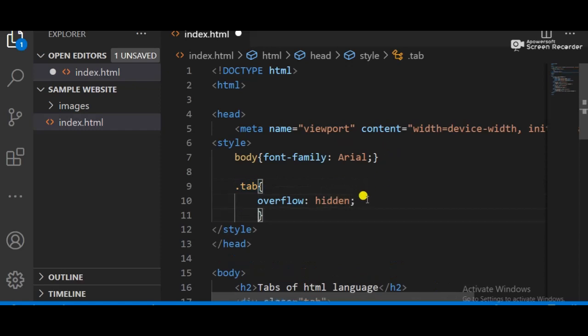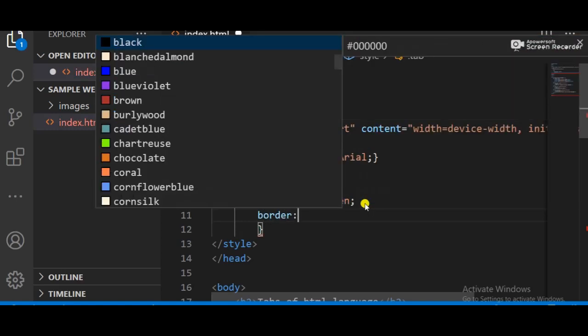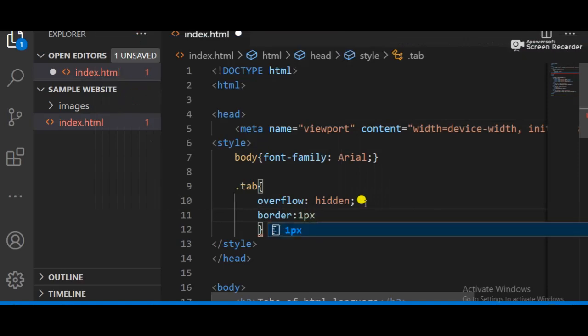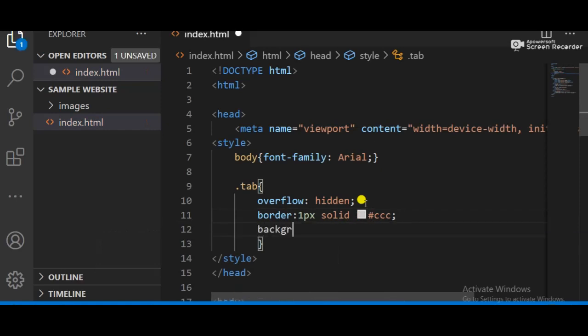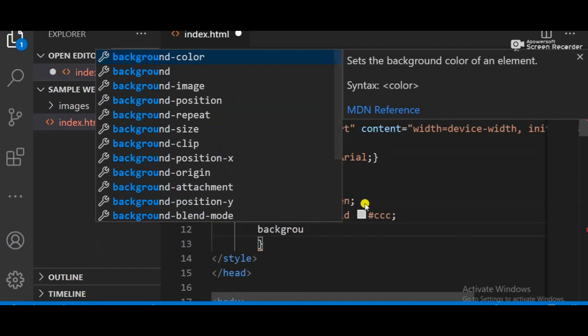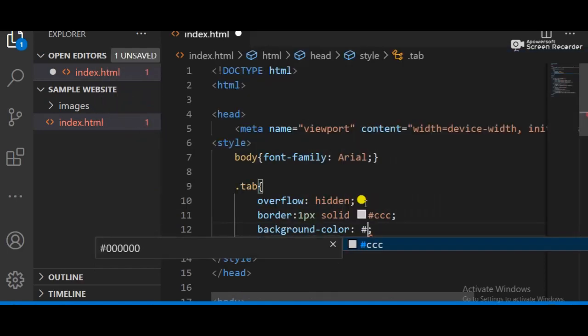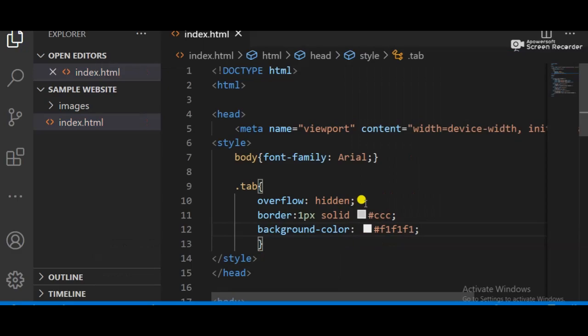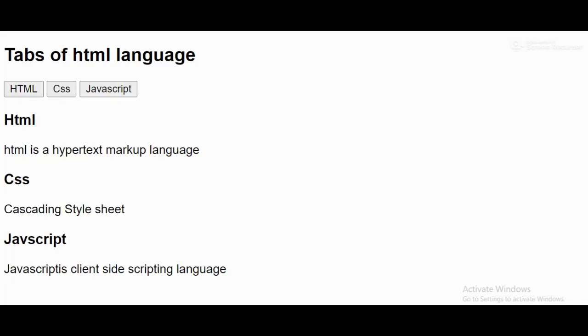After that overflow and border should be 1 pixel and solid. Background color should be hash f1. Okay, fine, that's cool. So now we have to check what it should look like.